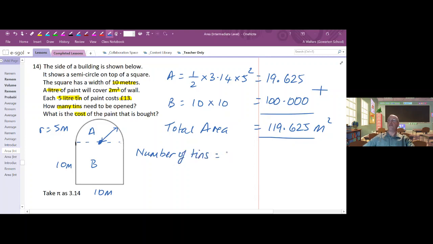Right, so it's this area of 119.625 shared by, now then, if we got a 5 litre tin and each litre covers 2 meters squared, I need to share that by 5 times 2 or 10. And there are other ways of working that out. You can break it down in stages, but each tin of paint covers 10 litres. So if I divide the area of the wall by 10, I've got